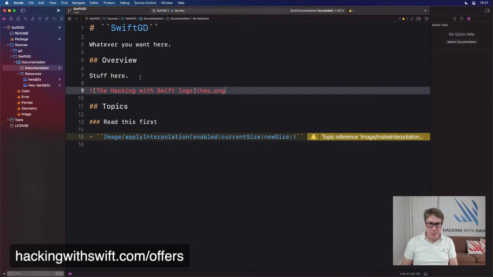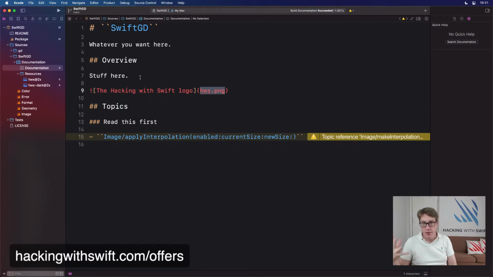And the file name. Now, it's a small snippet. It's like that little bit of markdown, but obviously notice two things. First, please add text descriptions for your stuff where they make sense, so it can actually be read out by VoiceOver. You know, charts or diagrams if you're trying to present to your users, explaining how your app works. Describe it here so that VoiceOver can read it out. It does matter. And then the second part is the file name. I haven't said HWS @2x yada yada yada. I've just said HWS.ping, the root of the whole file name, and it will from that adapt correctly for us,